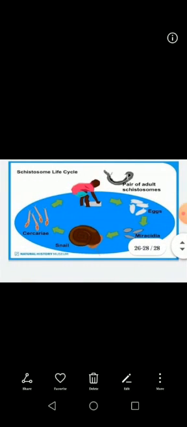So there are different diseases of water. Water related diseases are basically diseases that are spread by animals such as snails or parasitic worms, which spend part of their lives in water, or by insects such as mosquitoes which breed in water. One of the worst water related diseases is schistosomiasis, or bilharzia. Now you can see the life cycle of the schistosome. Basically, schistosomiasis is spread by parasitic worms which spend part of their lives in water snails.